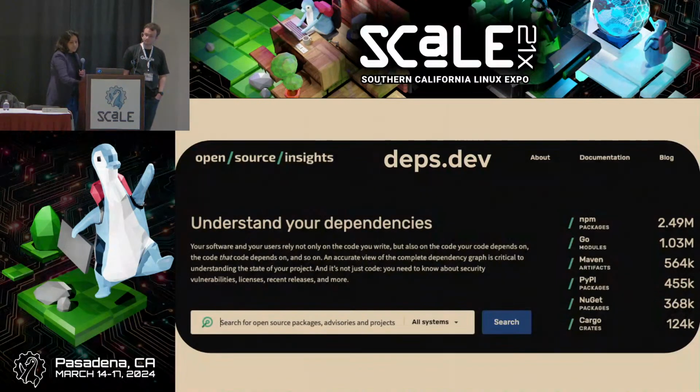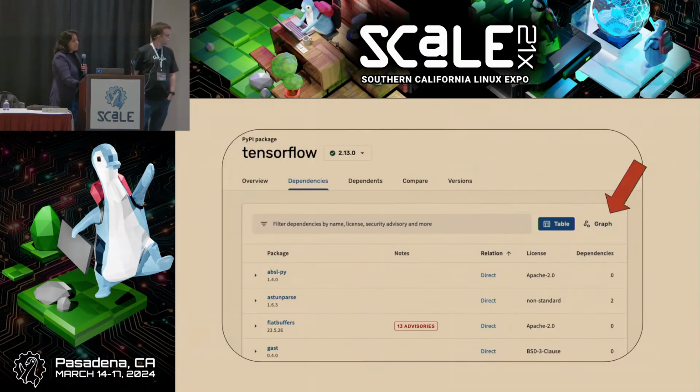The second tool that we talked about is Google's deps.dev website. That's the URL, deps.dev. We've mentioned deps.dev quite a few times by now. This site has a wealth of insights about millions of open source packages and how they're connected. So for instance, if you look up a package, you can see some information about it in the overview tab there. Often, you can see its Scorecard score.